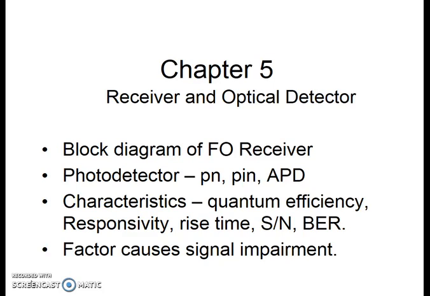And then finally, we have covered the factors that cause signal impairment in the photodetector or signal impairment in the receiver. And not forgetting the 8 important points of photodetector requirements. So what are the requirements for a photodetector? There are 8